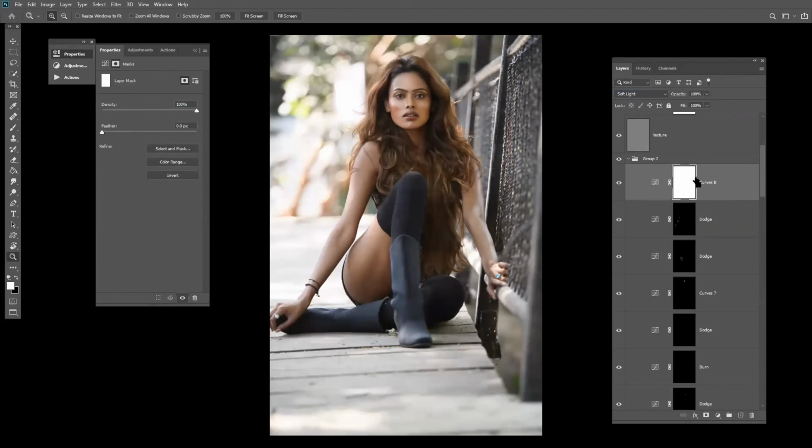Now the overall brightness has increased. Now you can work it only on the face, mask it out.